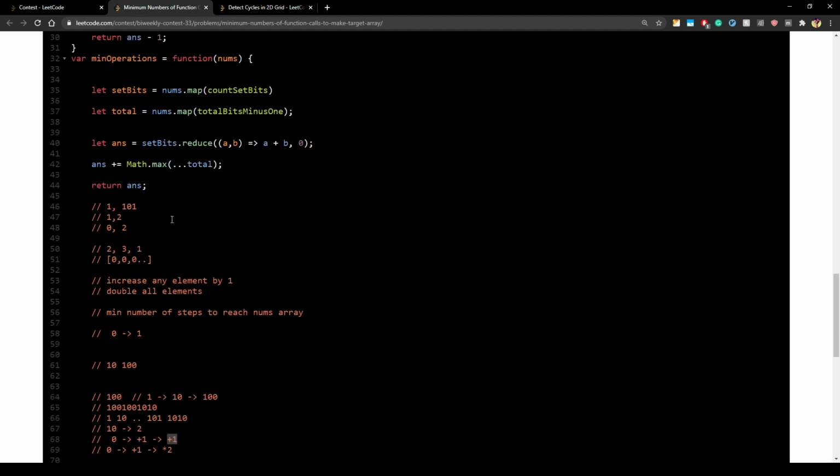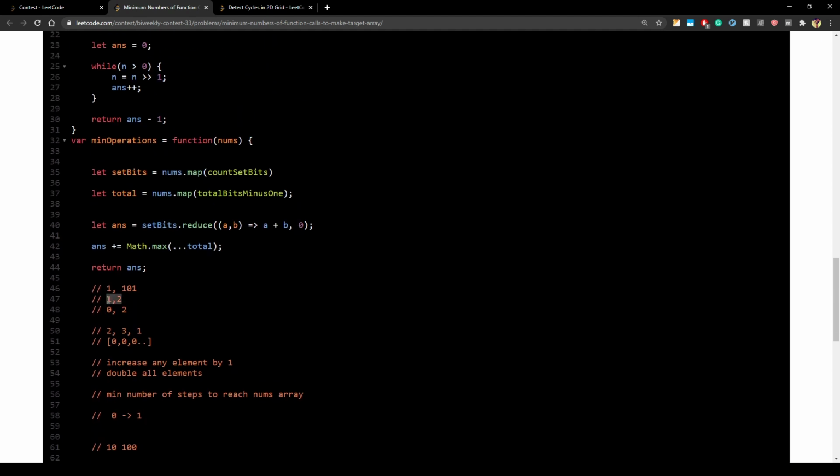And after that we observed that all the set bit operations have to be accumulated because each works on an individual element, but out of the operations which are multiplied by 2, only the max will matter, because whenever you did an operation on any element, it affected all others. So if there was some element which had 3 operations and some other element which had 2 operations, then whenever you did those 2 operations, the element which had 3 operations already got 2 operations, so you did 1 extra operation on that one.